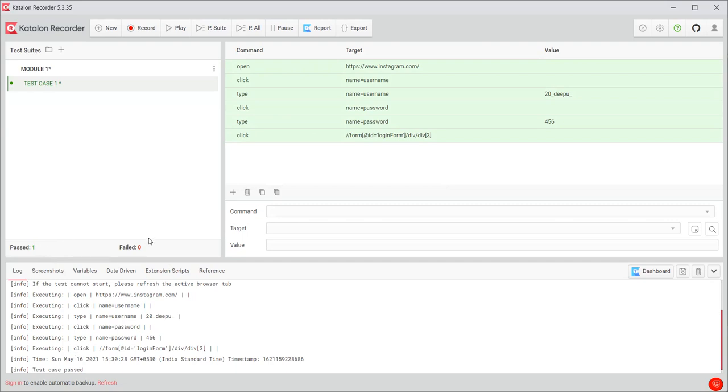If it had failed, we would get failed equal to 1, but it is showing 0. So the test case which we had done has passed. We can also save these recordings and this report. If we don't want any of these test cases, we can delete them. In this way we can record every test case whatever we are doing.